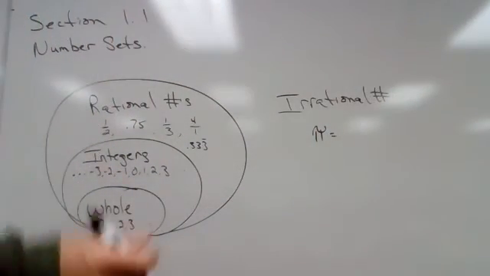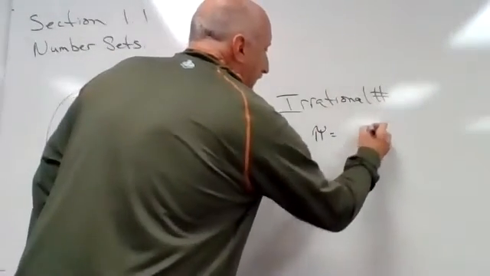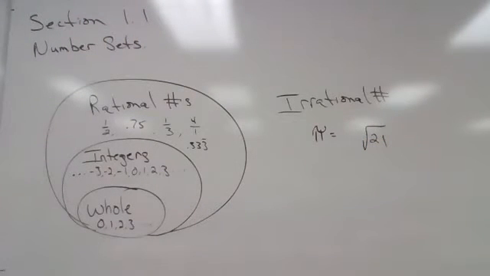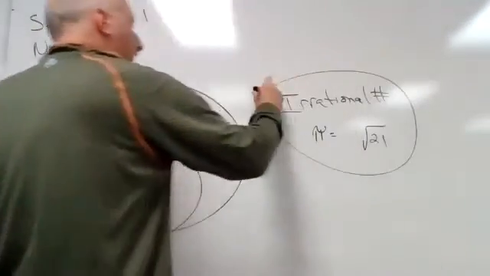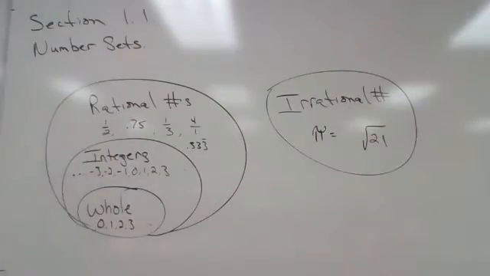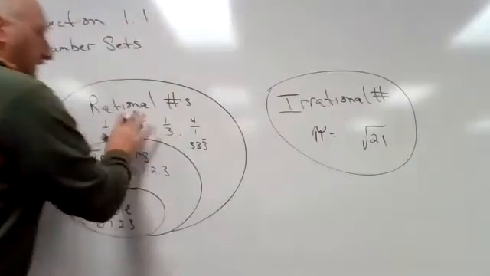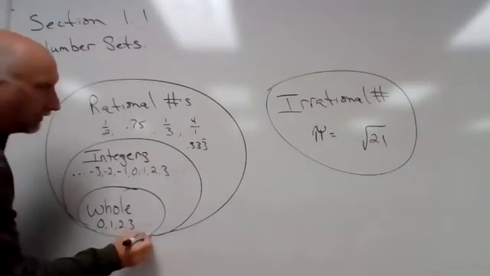It goes on forever and never repeats. That's considered an irrational number. A lot of radical numbers, square root numbers, end up to be irrational, okay? So that's another group of numbers separate from the other group because they're different. None of these numbers in the irrational column or bubble fit into the rational. They're different. But when we combine all of these together,